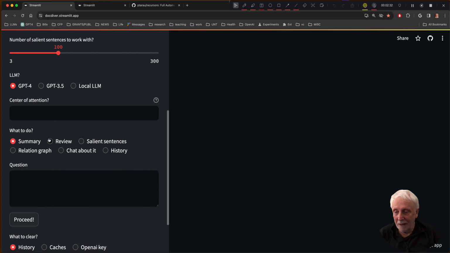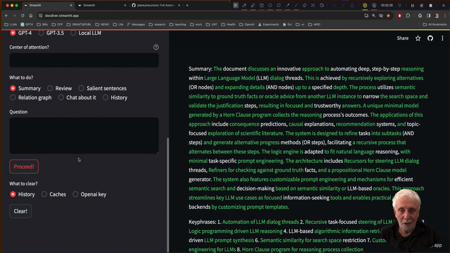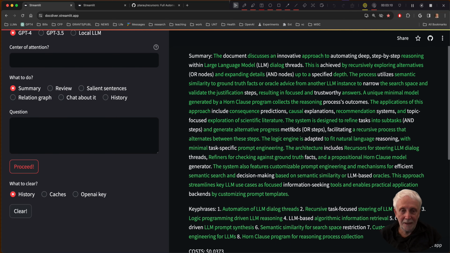So let me start by summarizing the paper. That gives me a first glimpse of what the paper is about. The current interaction was a bit faster because the system has a very nice caching mechanism: if I did that a few minutes ago and uploaded, then everything would show up instantly. Otherwise, it takes 30 seconds or so for most 15-20 page scientific documents. And if you look at the summary, you would see that some of the words here